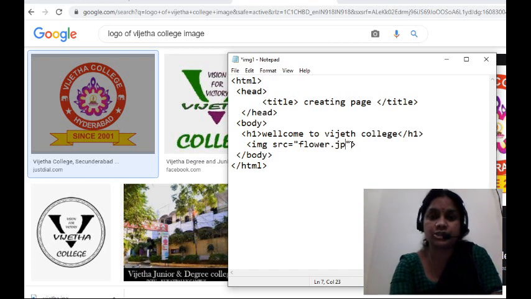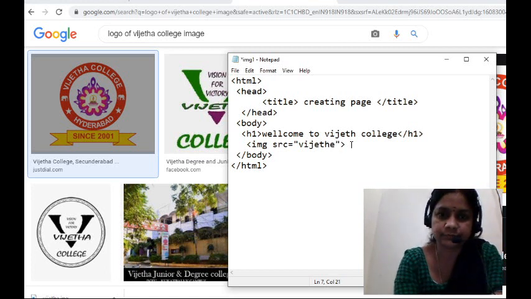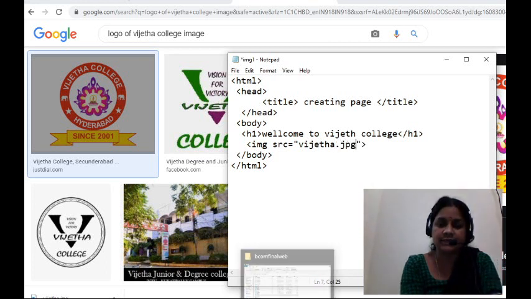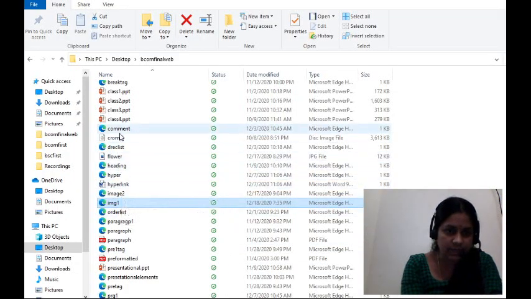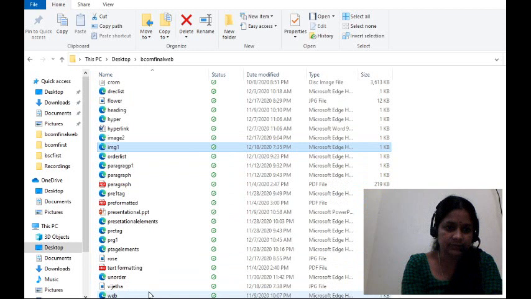Vijayata.jpg. What have I saved here? Let us see where the Vijayata photo is. Let us check it out. See, the Vijayata image is there. Is it clear? This is in the JPG folder.